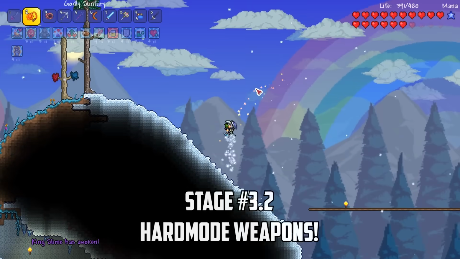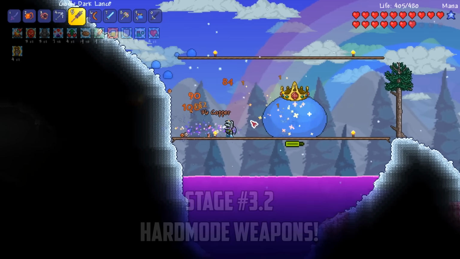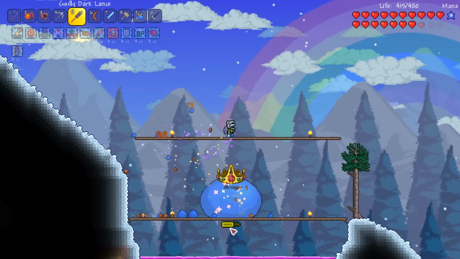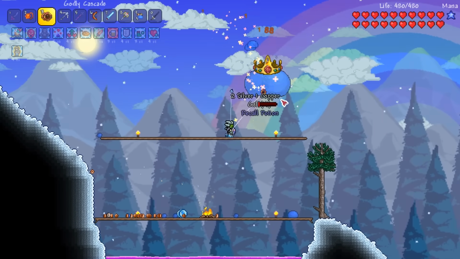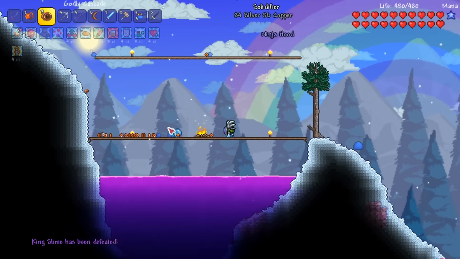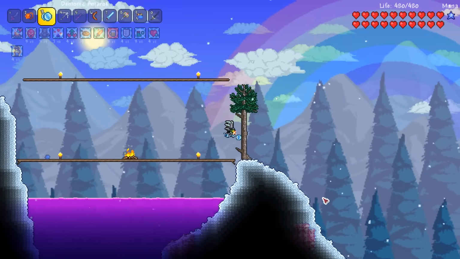I head to the snow biome after turning my gold crowns into slime crowns and summon King Slime to farm for the Amarok. The Amarok has a 1 in 300 chance to drop from any enemy killed in a snow biome, so King Slime is perfect as it spawns multiple slimes during the battle. The Amarok drops on our first slime crown, which is fantastic as I can now use the other crowns to